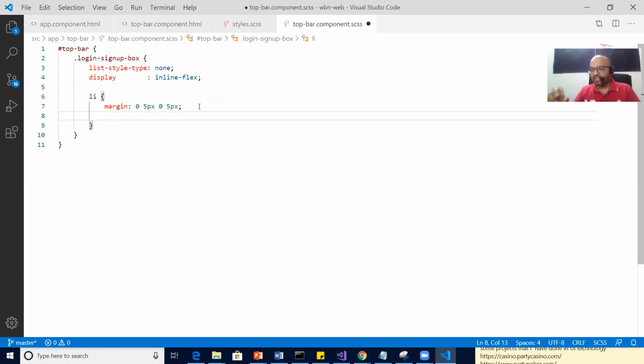What is the best practice is don't cross more than 3 levels of nesting or parent child concept. So we already reached the third one. So top, then this, and then this is third one. So if I go again inside LI, there is a button that would be 4th level. So okay, at the 4th level also we can do it, but not after 4th level. It should not be after 4th level.